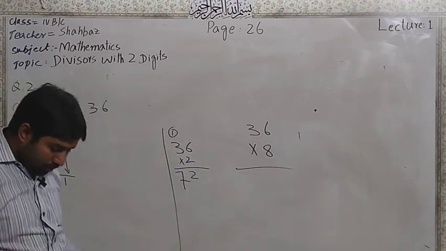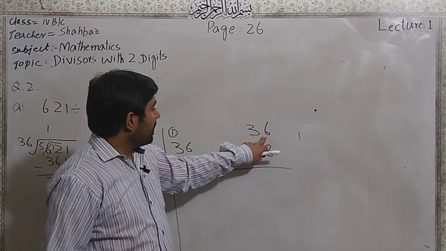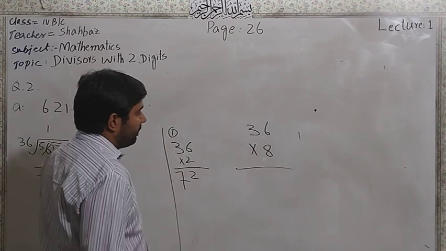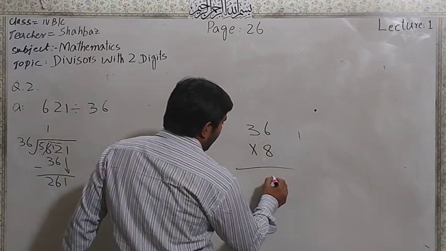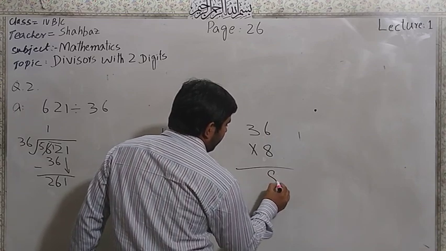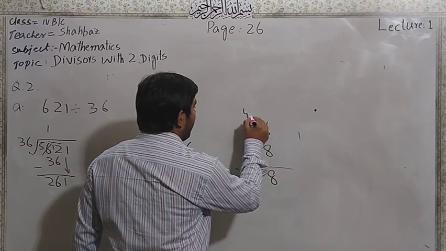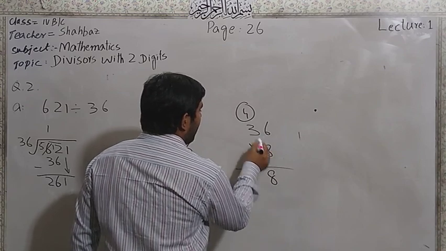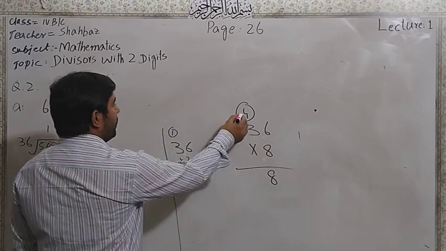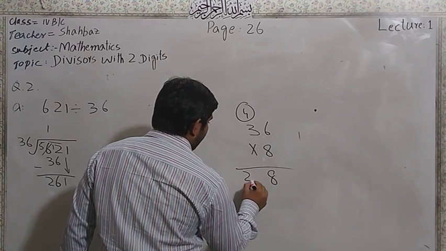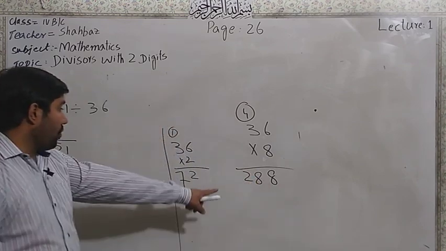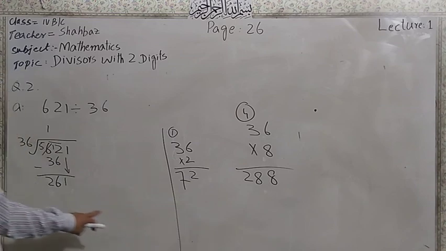So you will have to guess. 6 8s are 48. 8 will be here and 4 will be carried. 8 3s are 24 and 4, 28. Now it's 288, greater than